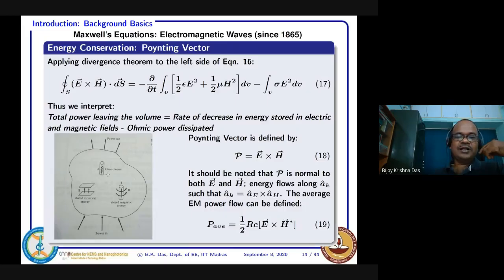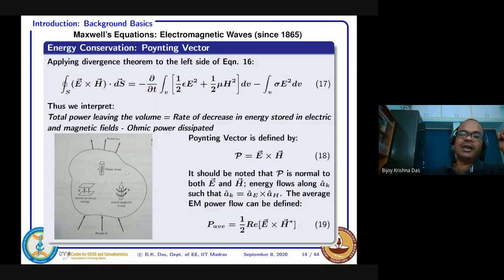So this is a simple model here. If you see, we say that this sigma, this is a volume, some arbitrary volume chosen here. And in that volume, you just think about some power coming in and some power coming out. That is the total part, if I consider this equation 17 right hand side. So you will have an ohmic loss, and then here it is shown stored electrical energy, and two parallel plate like things are shown. You know what that is? That is nothing but a capacitor.